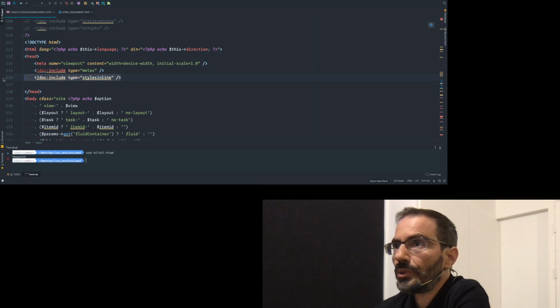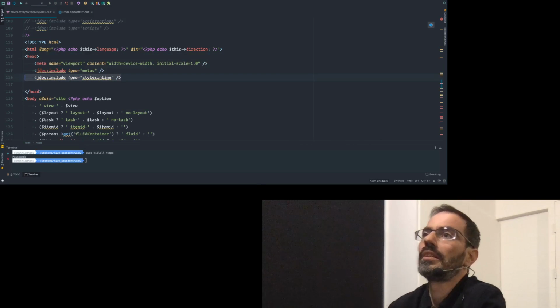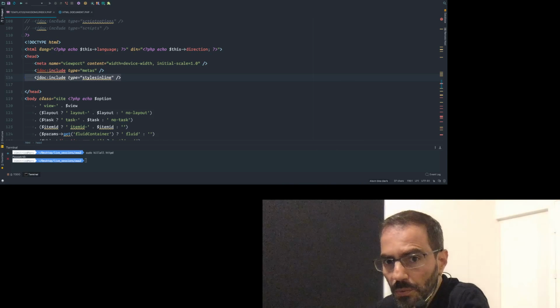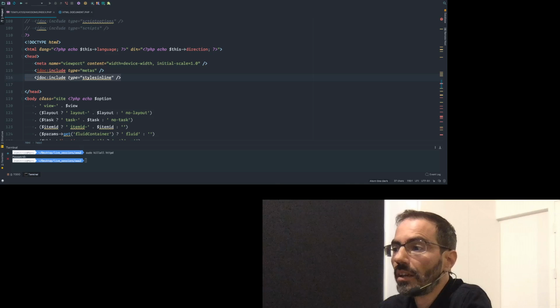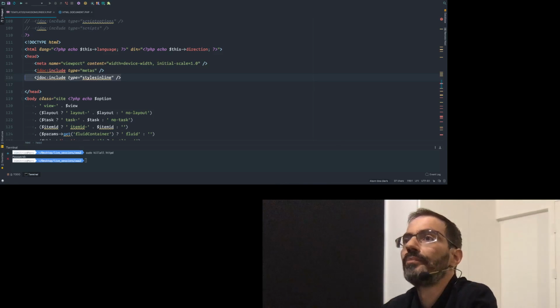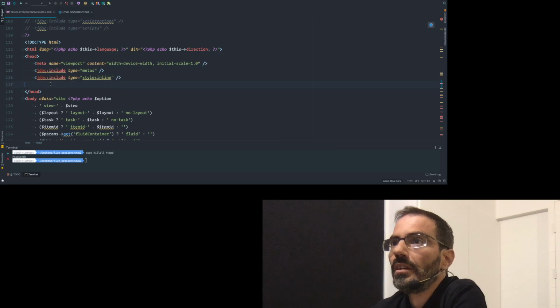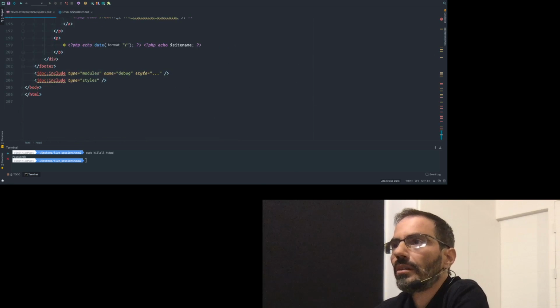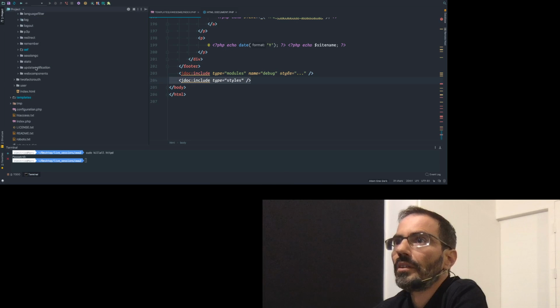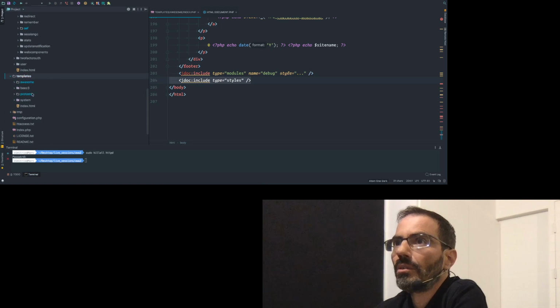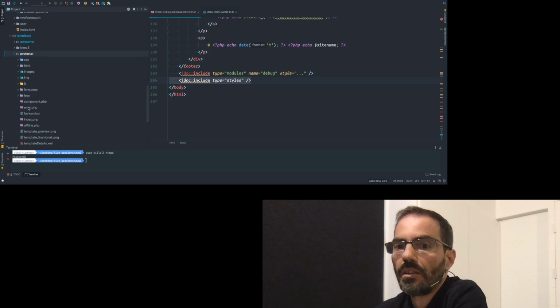We also introduced a styles inline class as a way to be able to do inline styling in a very easy way. And we also introduced another class named styles, which was the most interesting of all those things that we did last time, because basically